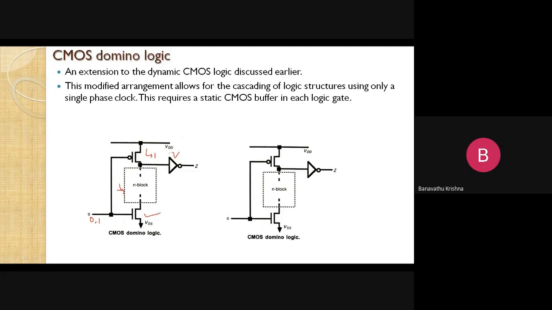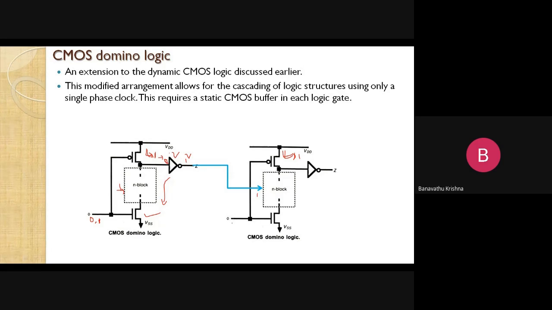So this logic 1 changes here. The input of the inverter is 0, so it inverts the response to 1, right? This output is given to the input of the n block of the next stage. Here the applied input is 1, and the pre-charge is 1 here, and here also the pre-charge is 1. After applying the second clock signal, that is, clock is 1 and input is 1, the pre-charge response is going to be discharged. The input of the inverter is 0, so the inverter inverts it to 1, and this is applied at the n block.